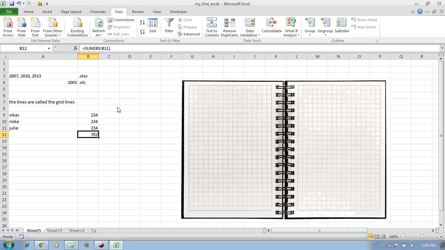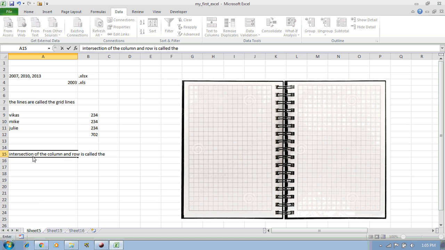Now one more last thing I want to tell you. I told you that the intersection of rows and columns is called the cell, and when we select multiple cells, as we have selected here, that is called the range. So I write here: the intersection of the column and row is called the cell, and a combination of multiple cells is called the range.